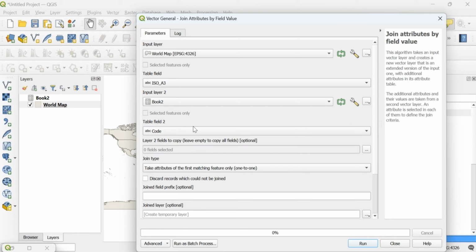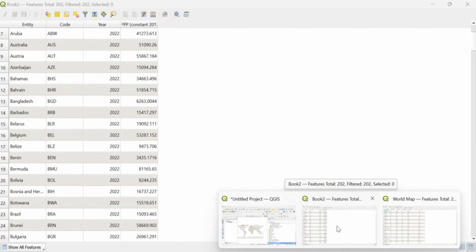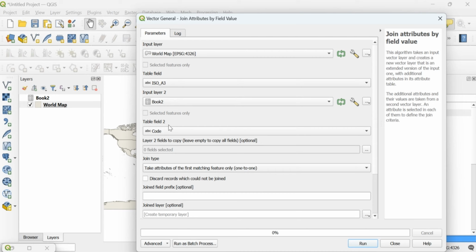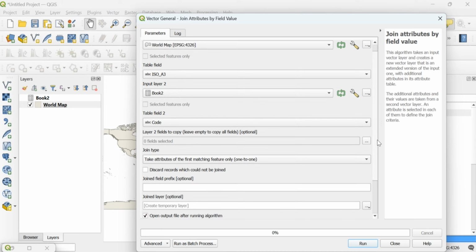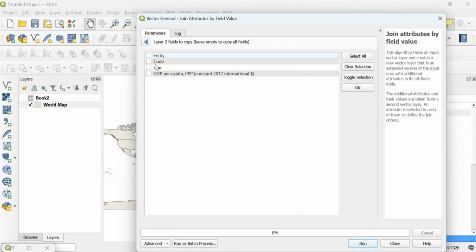So this is also code. Upon inspection, we saw that they all seem to have the same values or the same inputs. So I will not save it, but if you want to work more on this, then it's a good idea to just save it over here. Or better still, if you don't want every field to appear, then you just check the ones you want to join.